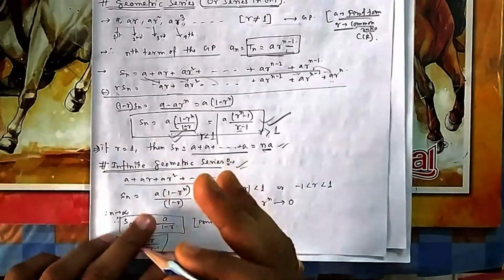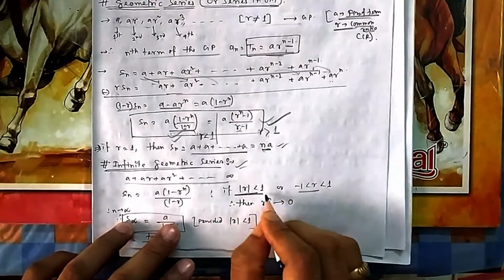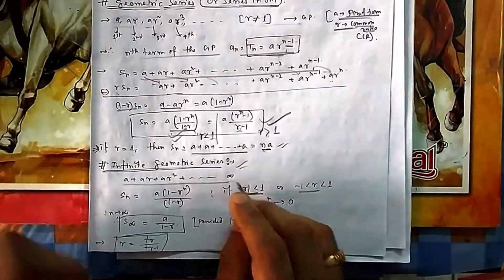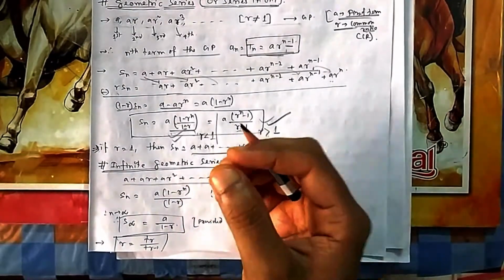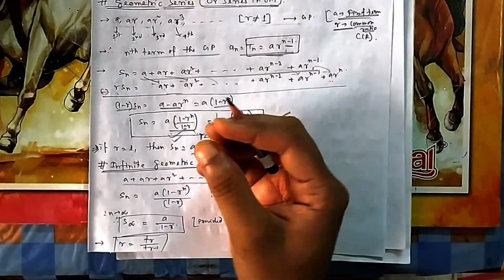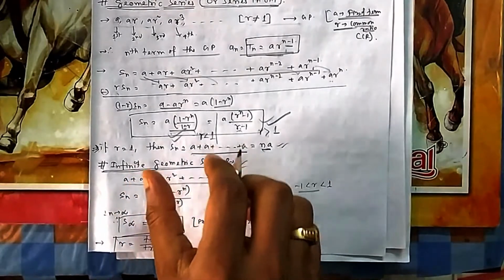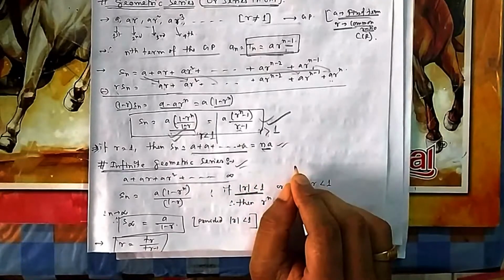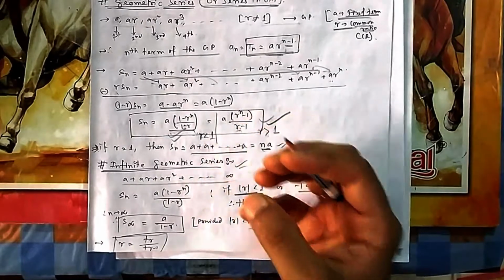The infinite GP series summation will be possible if the magnitude of R, that is the common ratio, is less than 1. Then what happens? Because if the magnitude is less than 1, it is a fraction. So if you increase the power n, ultimately the fraction gets more reduced. So if you go to infinity, it will reduce to 0. So that will not create any effect in the original sum. So the effect becomes nullified. As you keep on increasing the power of R, if you keep on increasing the power of a fraction, it is getting more and more reduced.